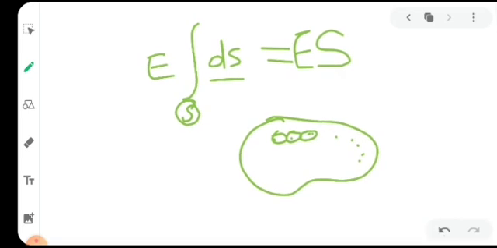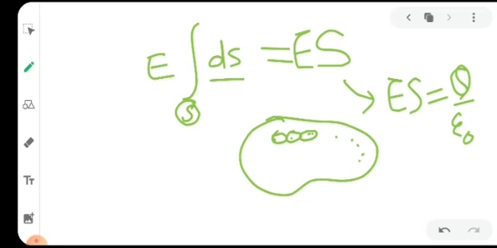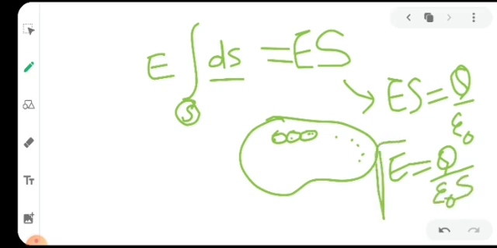All you have to do then is to separate the final value of the integral, which was equated to q by epsilon 0 using Gauss's law. All you have to do is to write E equals q over epsilon 0 times S in the denominator. So this is what will be used in evaluating, and mostly those will be simple cases where all these kinds of symmetry exist. One such situation is when the charge distribution is